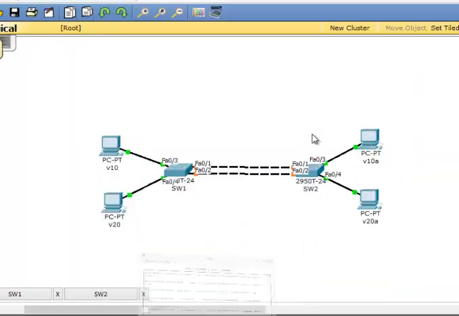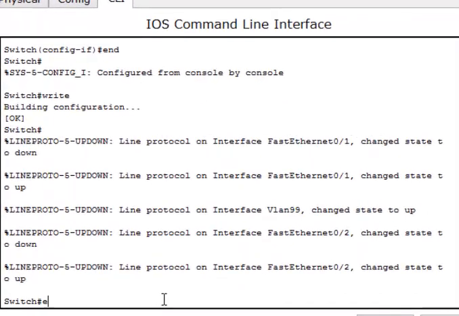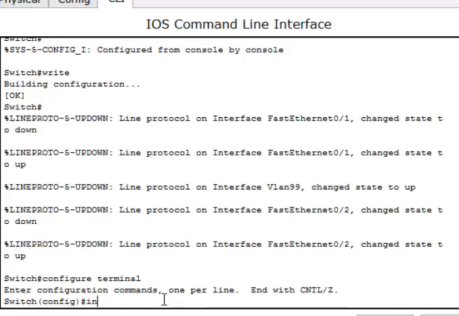We'll be going again to switch 2. Type configure terminal, type again interface range FastEthernet 0/1 to 2.